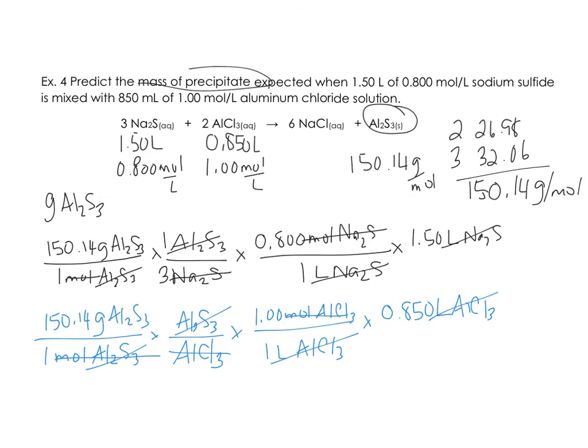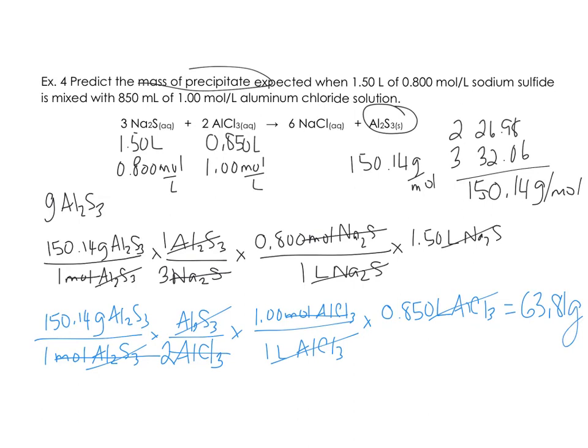So let's figure out what these numbers are. So for this last line, this aluminum chloride, 150.14. Ooh, I forgot to do my mole ratio there. 2 aluminum chlorides. Divide by 2 times by 0.85. So this is equal to 63.81 grams,